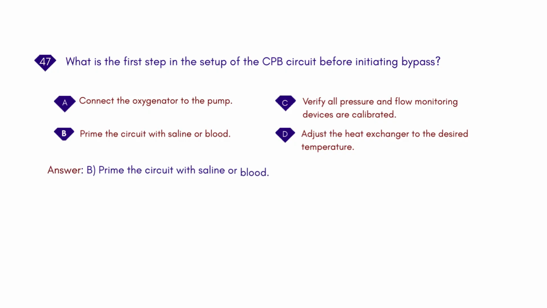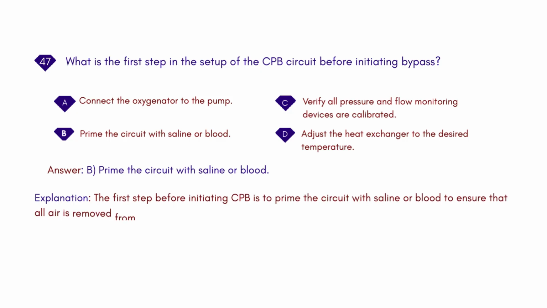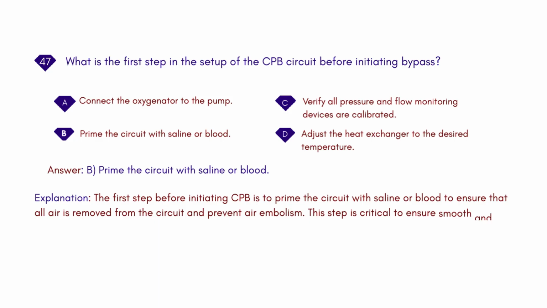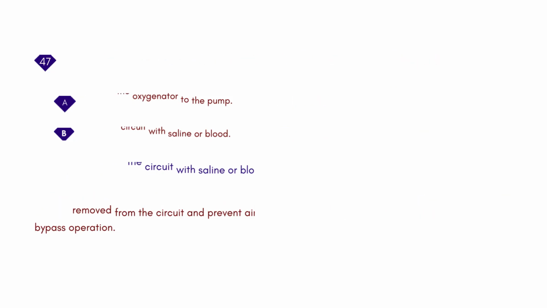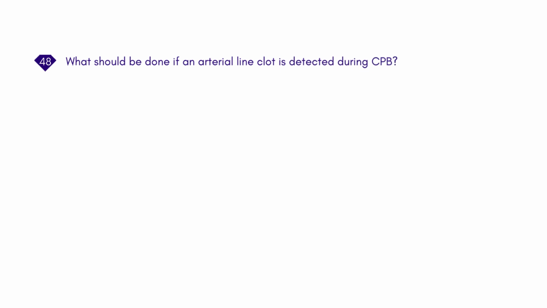Answer: B. Prime the circuit with saline or blood. Explanation: the first step before initiating CPB is to prime the circuit with saline or blood to ensure that all air is removed from the circuit and prevent air embolism. This step is critical to ensure smooth and safe bypass operation. What should be done if an arterial line clot is detected during